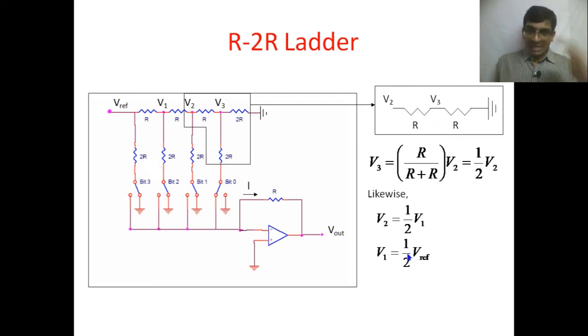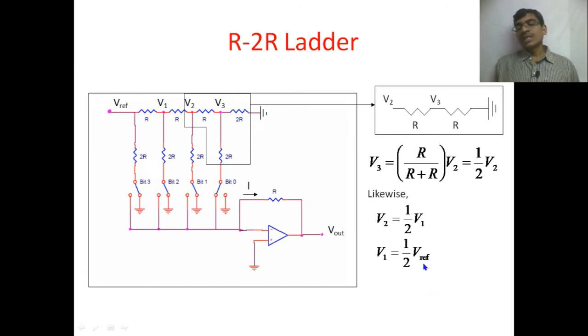So we have to go the reverse process. V reference, we already know only one value, which is V reference, that should be given in order to operate this R2R ladder network or any DAC. In order to operate any digital to analog converter, we must give the reference voltage V reference, which is also called the full scale output voltage. Full scale output voltage VFS we already seen. Okay, here V reference is nothing but the VRF.